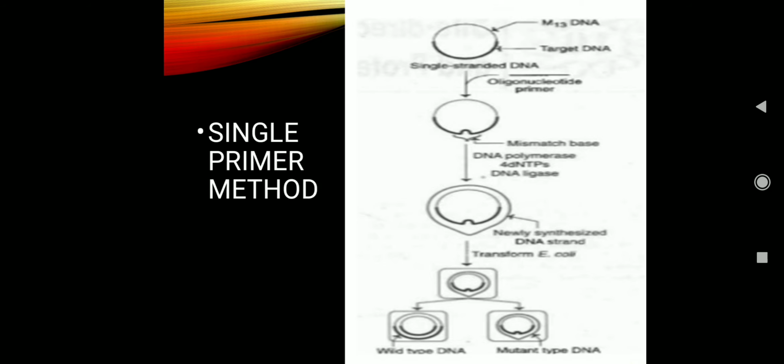Then we will allow it to undergo amplification in the PCR. So here again we will use Pfu polymerase because of its high fidelity. dNTPs are added, DNA ligase is added, and we are allowing the reaction to occur in the PCR. So what happens in the PCR? When we give all the conditions, an amplification is going to take place. So a newly synthesized mutated DNA will be produced in the PCR after the amplification. So this is checked under agarose gel electrophoresis, and then it is purified from the agarose gel. So the newly synthesized DNA strand will have the mutation.